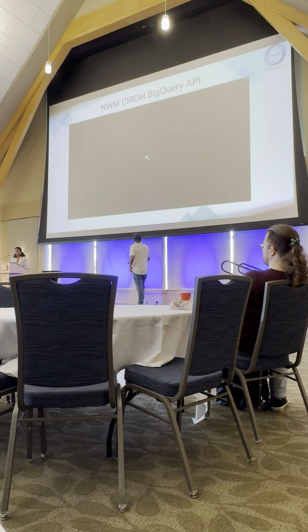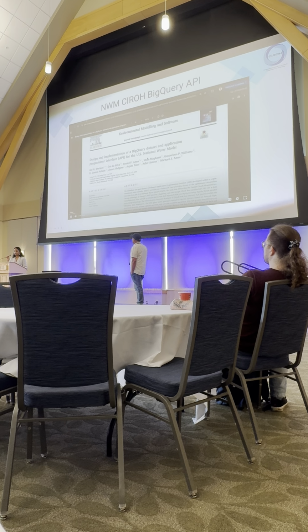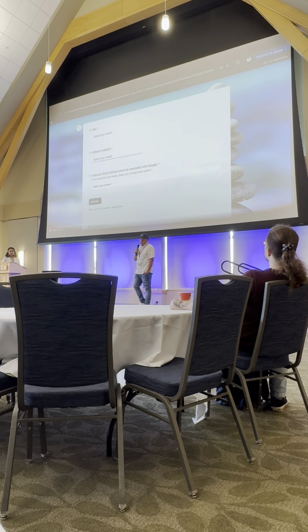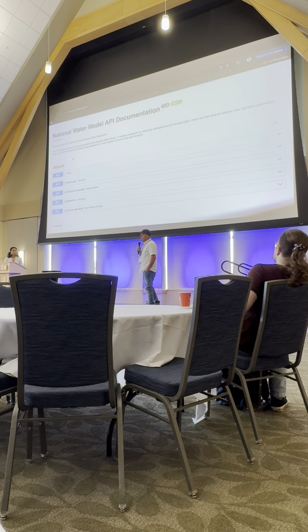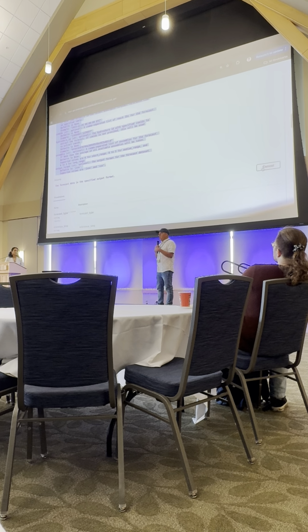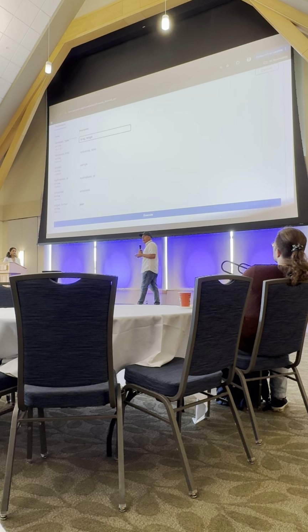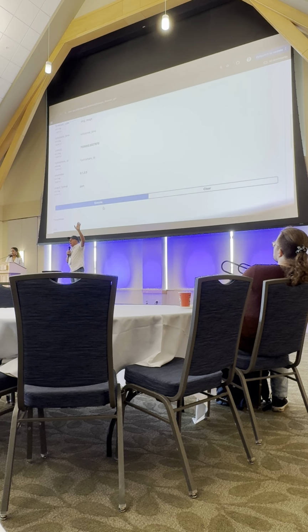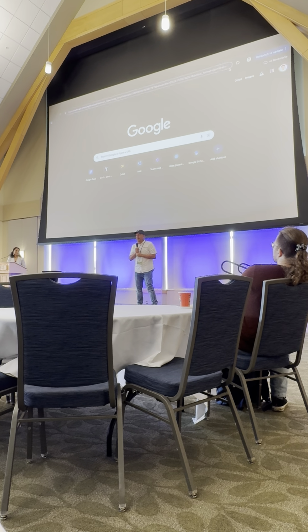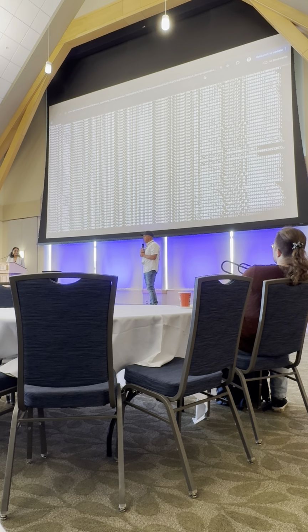Next is National Water Model, CIROH BigQuery API. This is another piece that I'm a little bit passionate about. I think it all started several years ago, when on the HydroShare project, we were interested in getting the NIFI data out. Who knows what NIFI is? Anybody heard of NIFI? Oh wow, the National Flood Interoperability Experiment, the predecessor, the embryonic National Water Model.